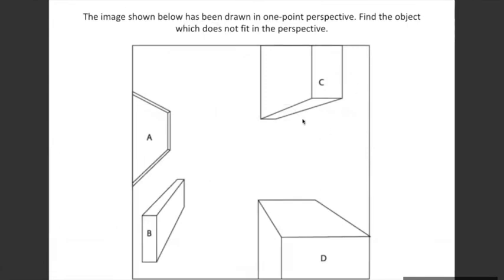So here you're given different objects in perspective. You have to find which object doesn't fit in the perspective. A. Okay, option A. It's just option A. B. Okay, somebody says B also. Okay. Then anybody?